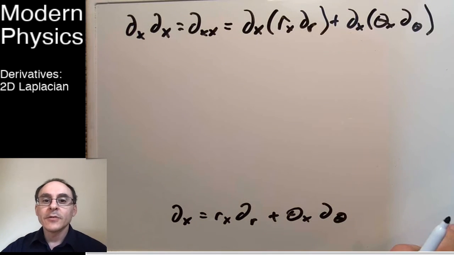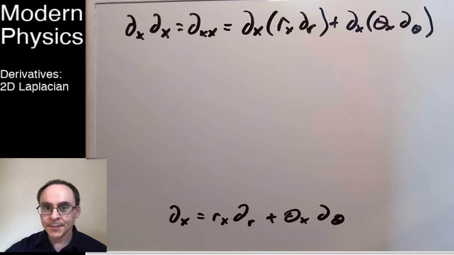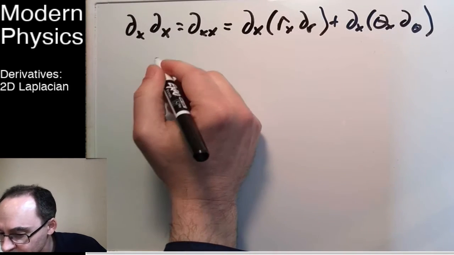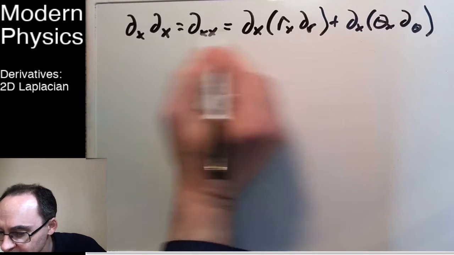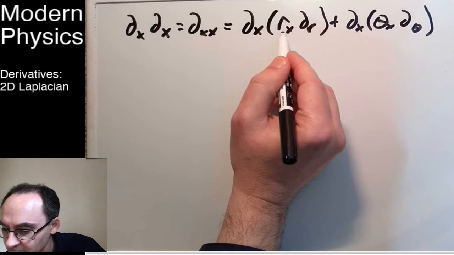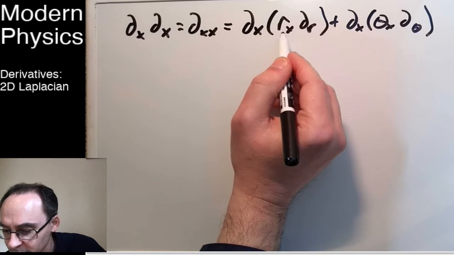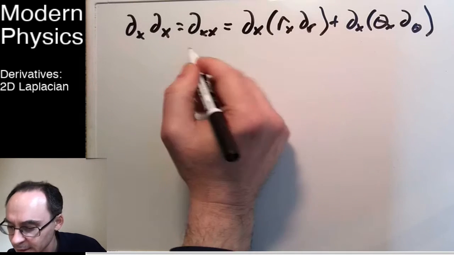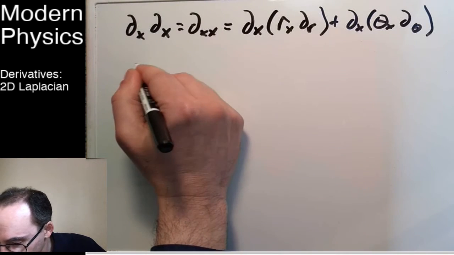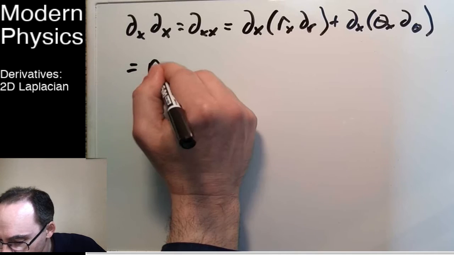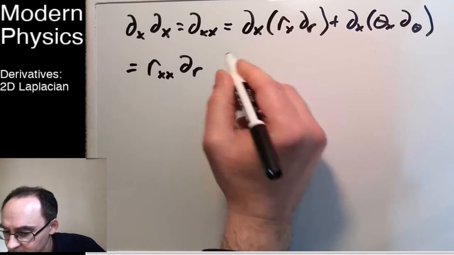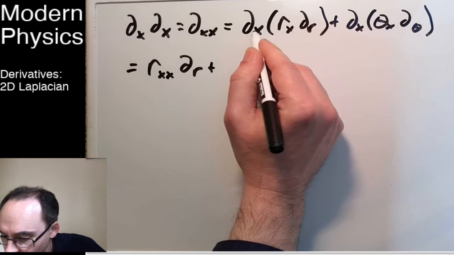And now I just need to expand this out. So I've got two terms here, and like usual, I just need to write this as the sum of two things. So I'm going to act with the derivative with respect to x on r sub x, which is the derivative of r with respect to x. So I'm going to get a second derivative there. So this is equal to, I'm going to write this as r_xx ∂_r